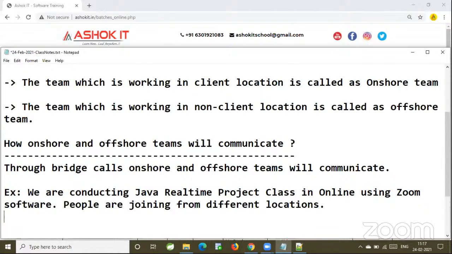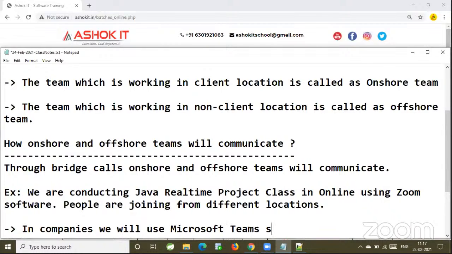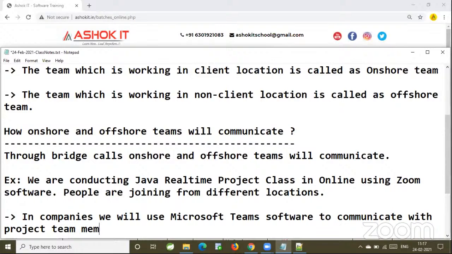In the same way in companies, people will communicate through these bridge calls. In companies, we will use Microsoft Teams software to communicate with project team members.